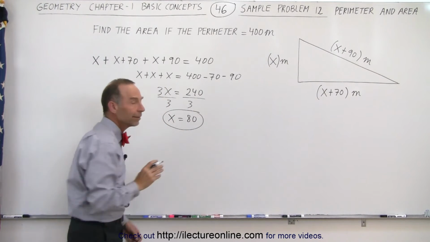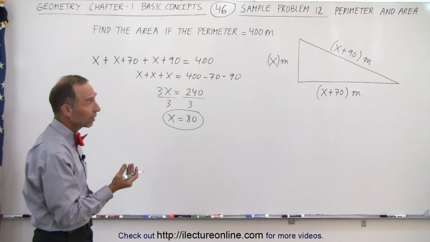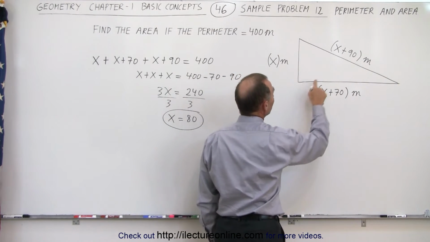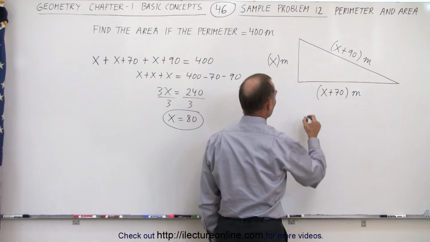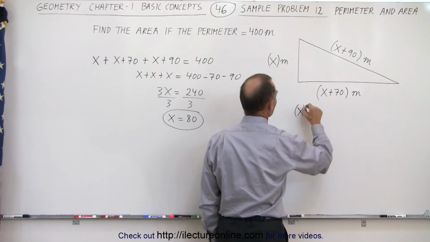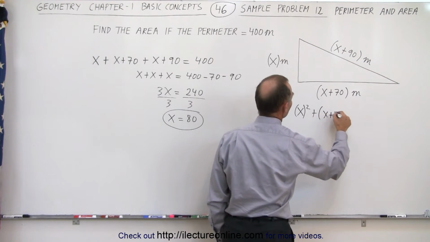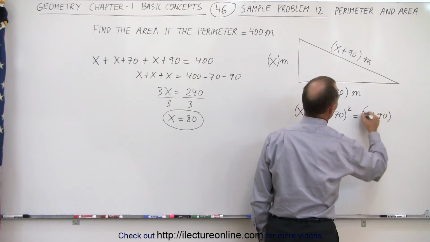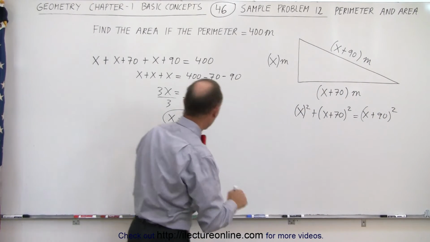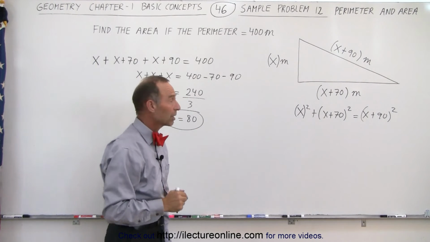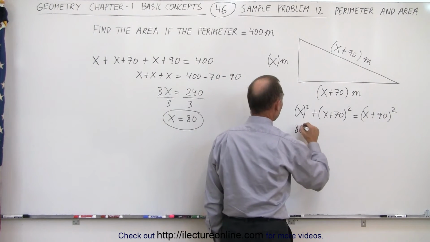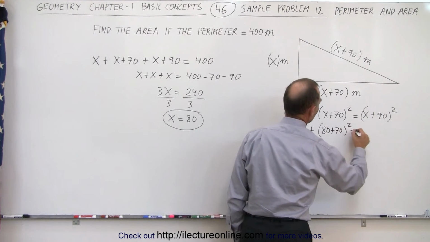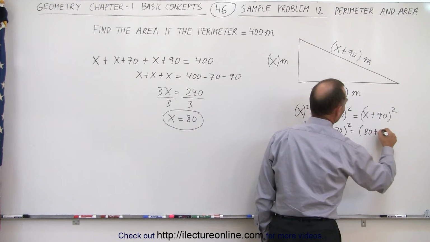Now, how can we tell that we did this correctly? We can do a quick check. We know using the Pythagorean theorem that the sum of the squares of the sides must equal the square of the hypotenuse, which means that x squared plus (x plus 70) squared must equal (x plus 90) squared. So let's see if we plug in this value for x that we get the correct number here. So here that means that is 80 squared plus (80 plus 70) squared equal to (80 plus 90)